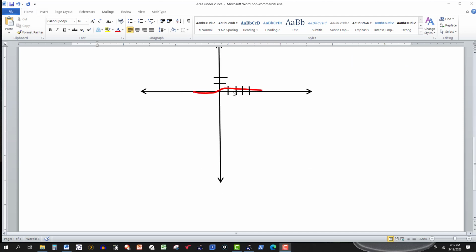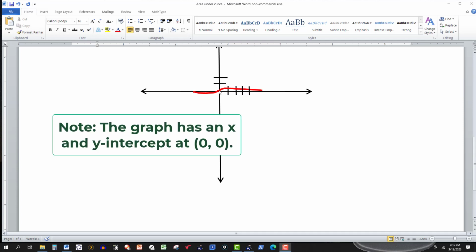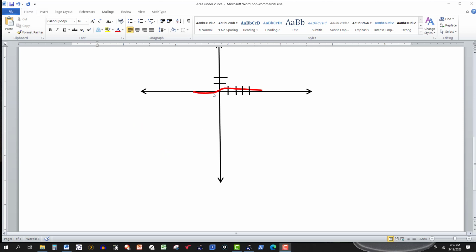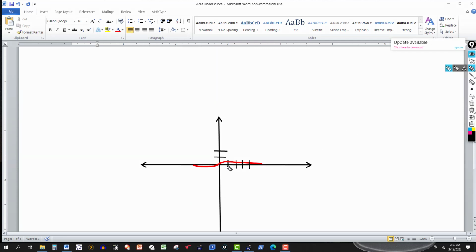So as we increase the value of x, the graph again approaches the x-axis. And on the left, as we go to the negative side, the graph approaches the x-axis also, but it stays below the x-axis. So the region that we're looking for here is this region right here,